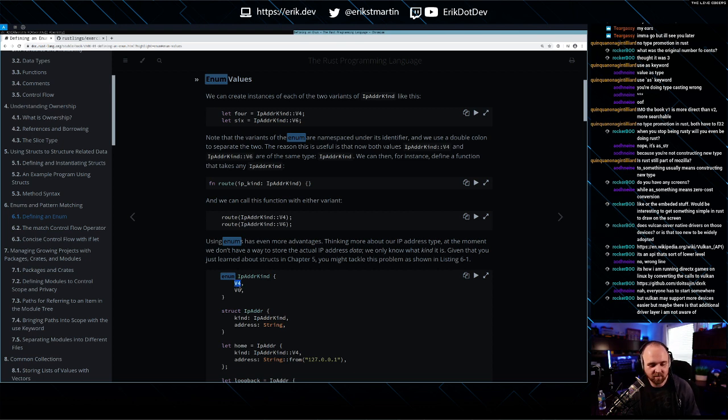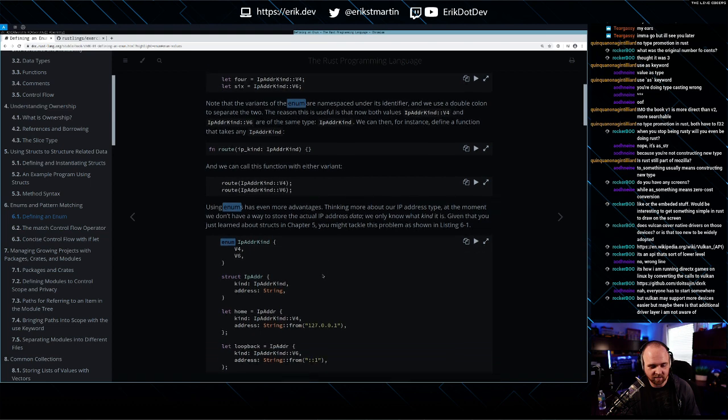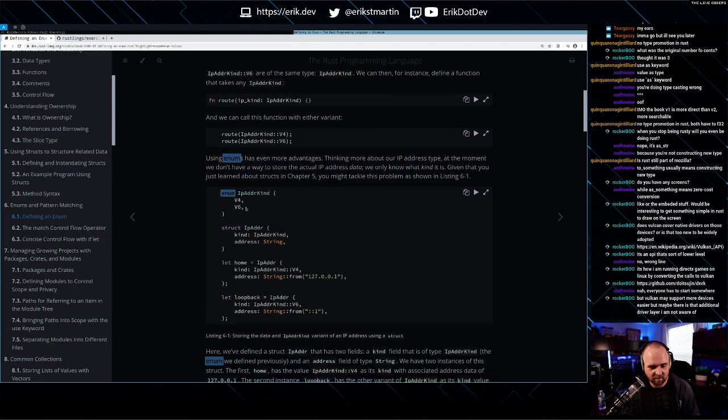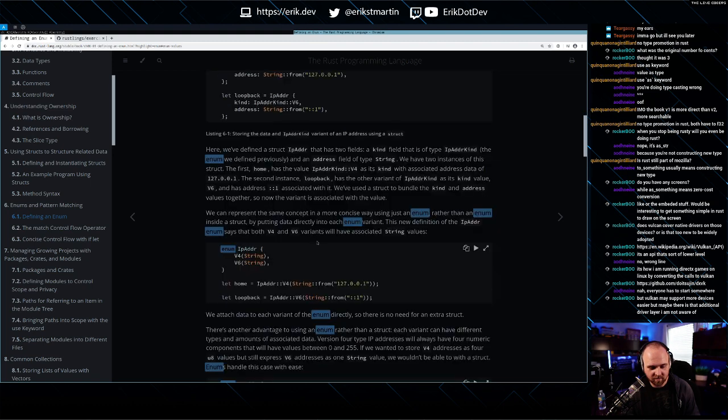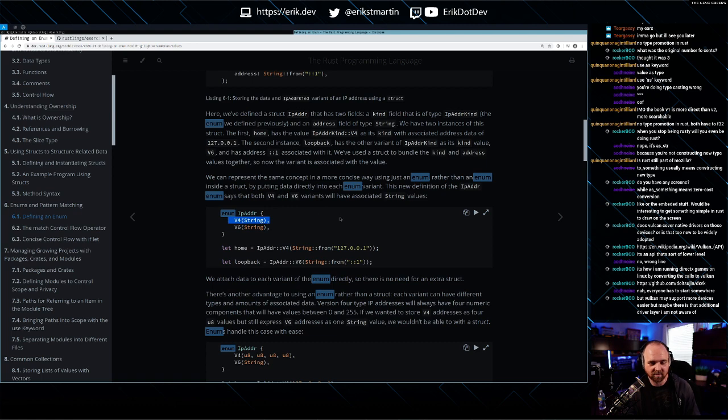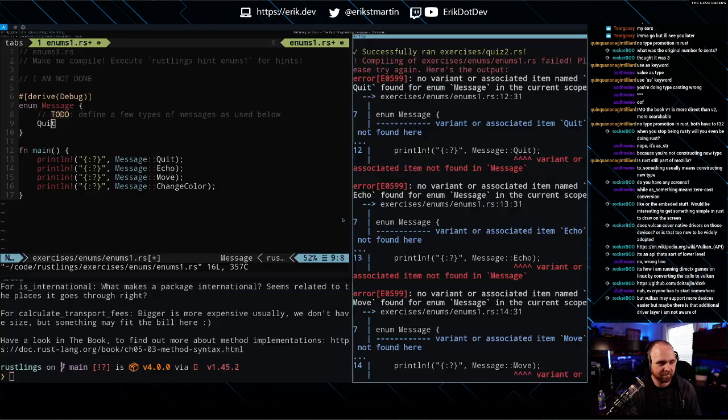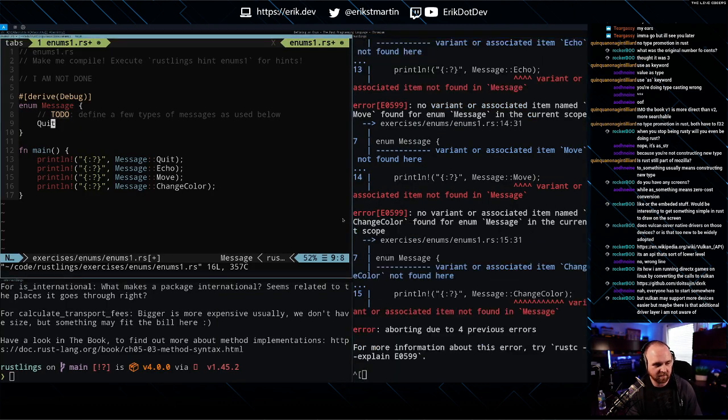Okay, so this was right. All right, so if we don't need to associate a type with it, then we can just apply its name. And then I do remember that we could set, right, in parentheses if we wanted to have a type. Okay, so in this particular case, quit can be that.